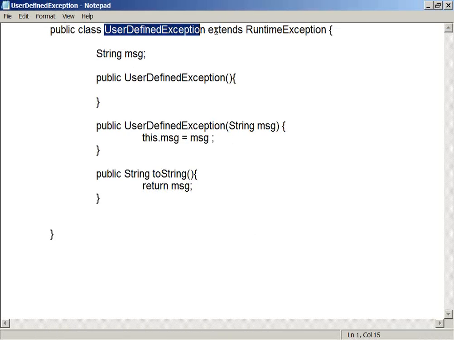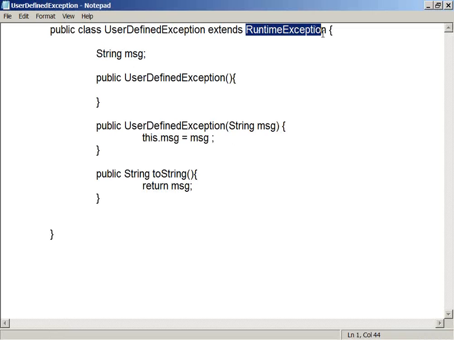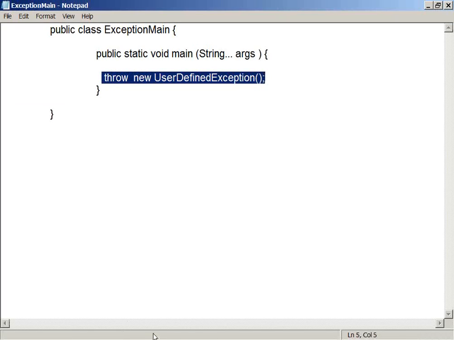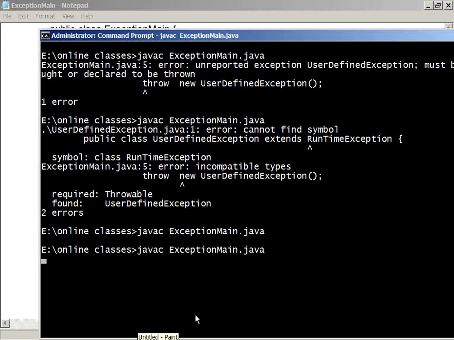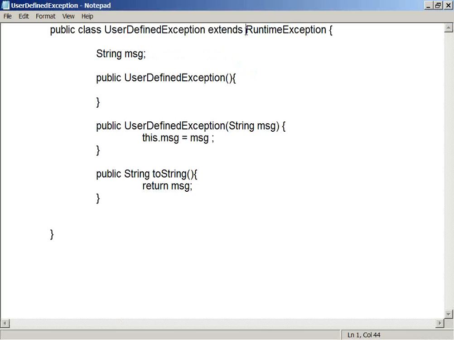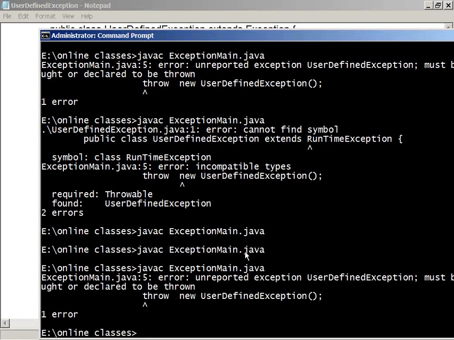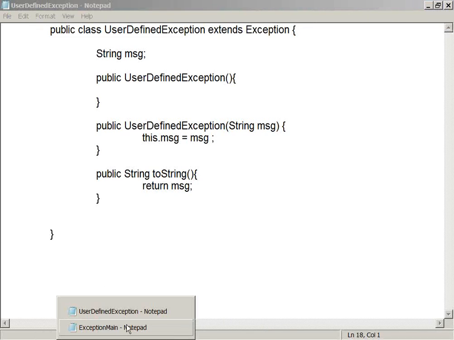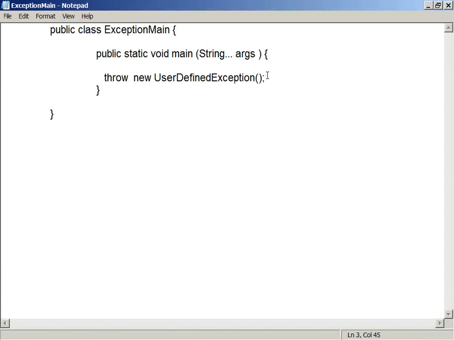When your class is a child class of RuntimeException, it becomes an unchecked exception. When a class is an unchecked exception, your compiler is not checking. Here I am throwing it manually, and the compiler is least bothered about unchecked exceptions. But in the case of checked exceptions, your compiler is going to stop you. Directly making a child class of Exception makes it a checked exception. It is thrown in the main method, so it is asking the main method whether you are interested in handling it or not.